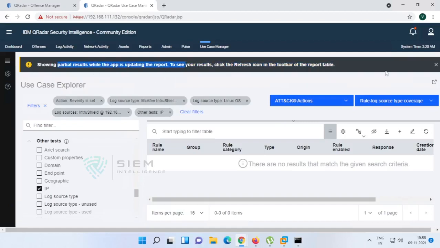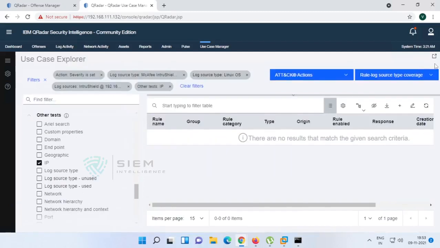See, that's what I said. To view all these things, any application in QRadar requires stability on its platform.